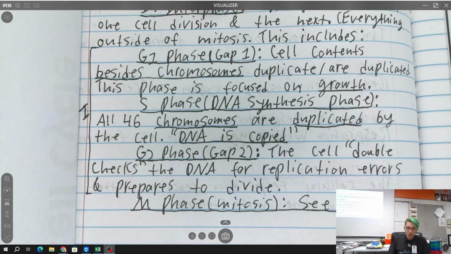This is very prevalent in, for example, brain cells as you get older. And that's part of why sometimes there are some age-related memory issues or age-related motor control issues and such. So let's talk about mitosis. And once again, that's because brain cells are dying and not being replaced, kind of thing.